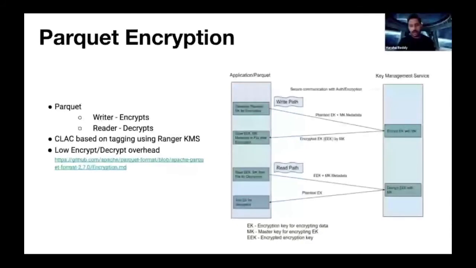Now, when read happens, the encrypted encryption key is already there in the file. So it's sent to Ranger KMS, and using the master key, it decrypts the key and sends it back to the application with a plain text encryption key, which it uses to decrypt and read the data. So credits to the encryption contribution in open source